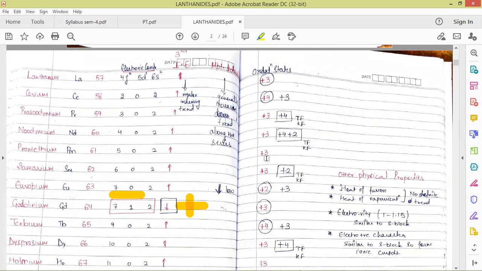So where were we? We were saying that there are two electrons in the 6s subshell for each element. So those two electrons will be removed first, and the difference will be there for the third ionization energy. So we'll be discussing the third ionization energy here.